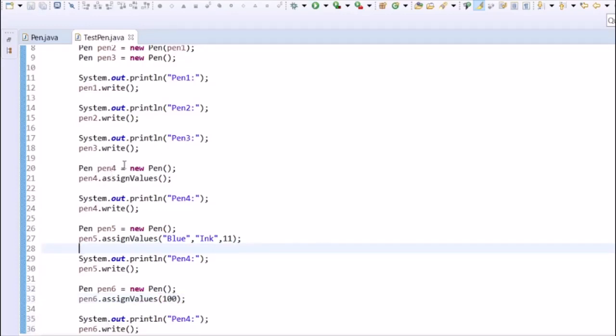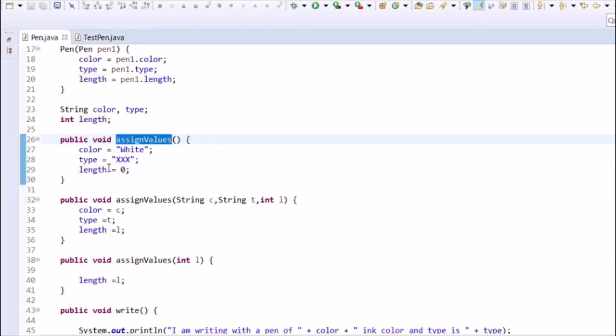So pen p4 assign values with no argument will call this assign values method, and it will assign color as white, type is XXX, and length is 0.